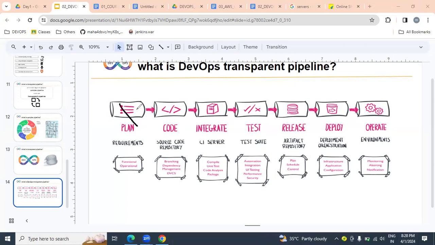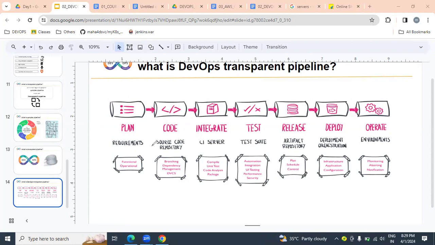Are we part of planning? No. Are we part of coding? Yes. That means, are we going to write any code like Java, .NET, Python? No. So how exactly are we part of this dev environment? Writing is the responsibility of the developer, not you. After the lines of code are written, we are going to maintain that code. Writing is the developer's responsibility, maintenance is the DevOps engineer's responsibility.